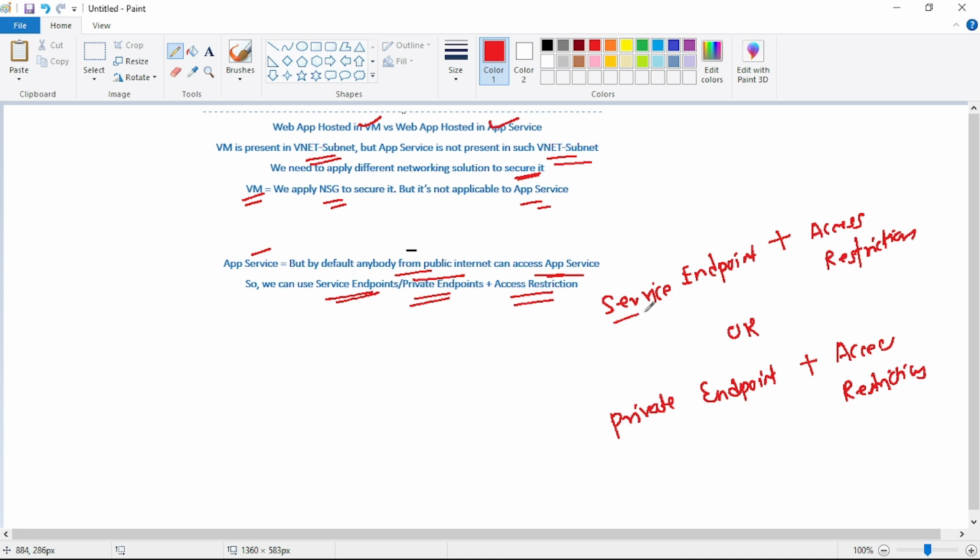Now this service endpoint is kind of an older solution, and this private endpoint is a newer solution, and this private endpoint plus access restriction is a better solution. But of course we will understand both, that is service endpoint and private endpoint, in detail in our upcoming videos. Okay, now